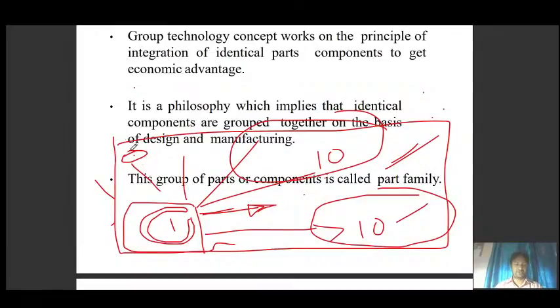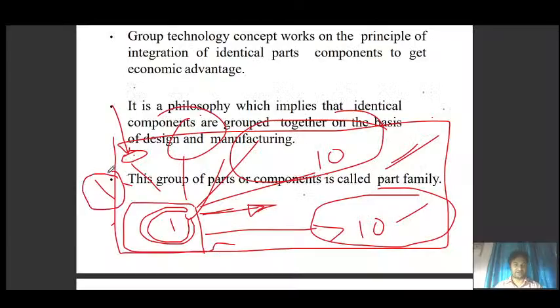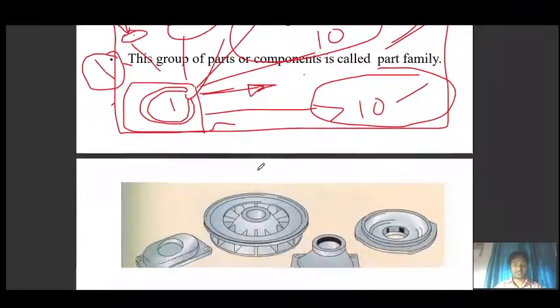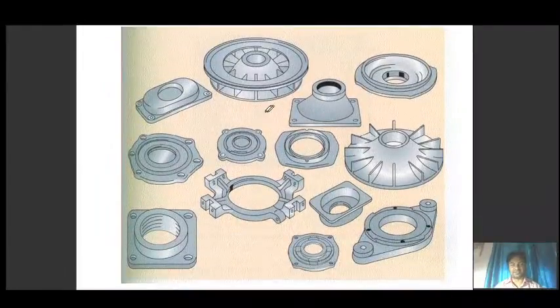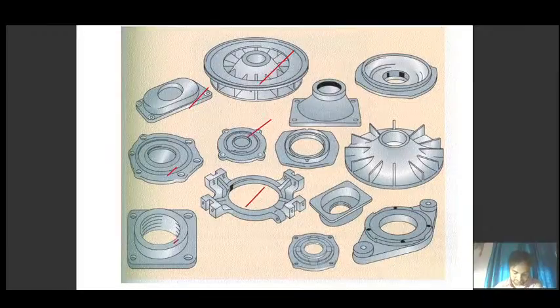When we group the parts, cylinders, then piston ring, then piston, then again connecting rods, we are making a family of the parts. In a more general sense, a firm is engaged in producing all these parts.